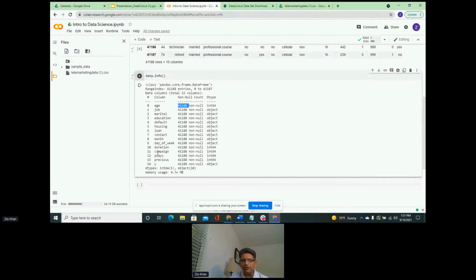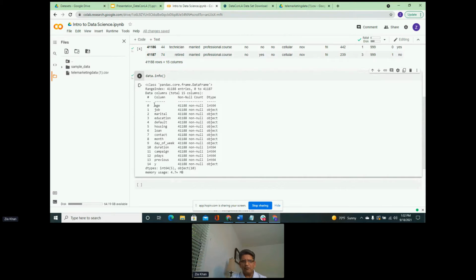And if we go down the column's name column, we see that it looks like all of our data is filled in. So that's amazing. It very, very rarely happens in real life that you get data that has nothing missing. It almost never happens. But in this case, this data has already been cleaned and massaged. So some data prep has been done on that data already. Anyway, the data that we have is filled in and has no null values.